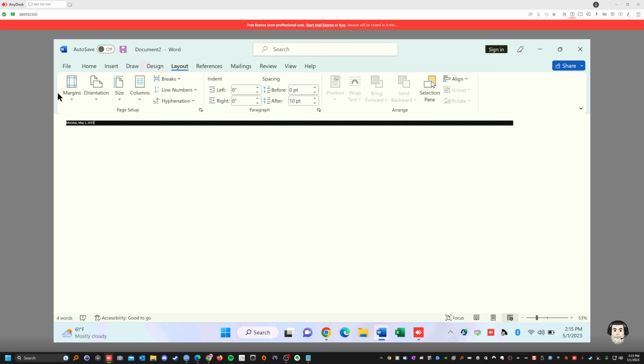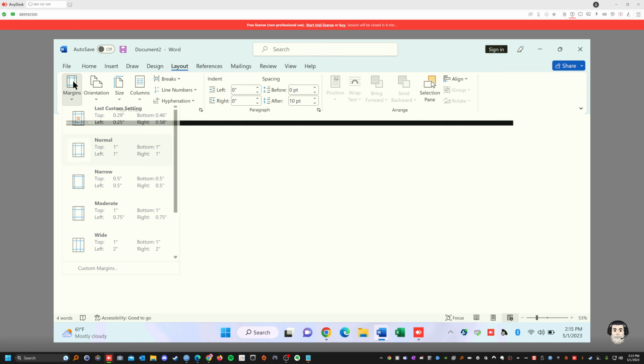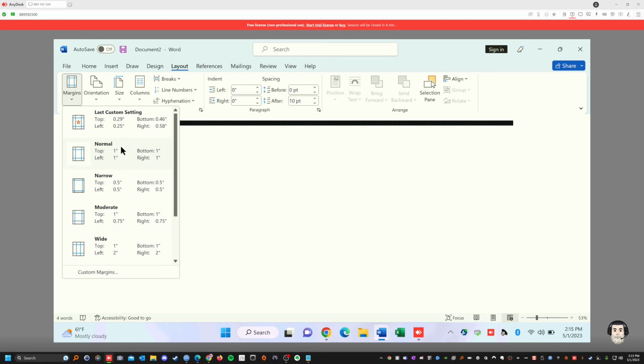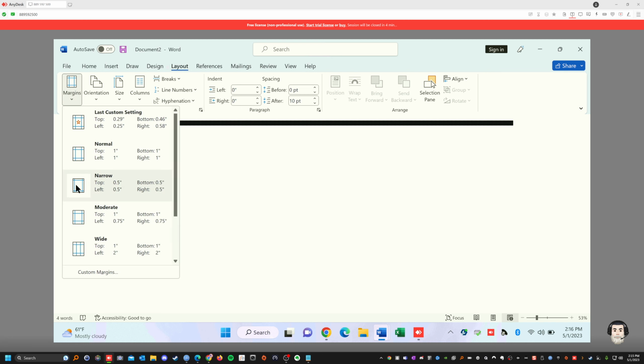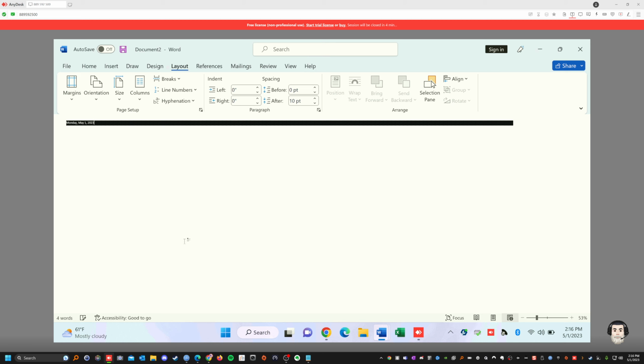Layout of the page. This is how you change the margins. The margin is how close the document, the words are to the edge of the document. You could change. This is a custom layout. I usually do narrow margins. It gets to the closest to the page, because sometimes when you do a page, usually the only printable or the only place you could type in is inside the margin. See this little box where it says moderate?